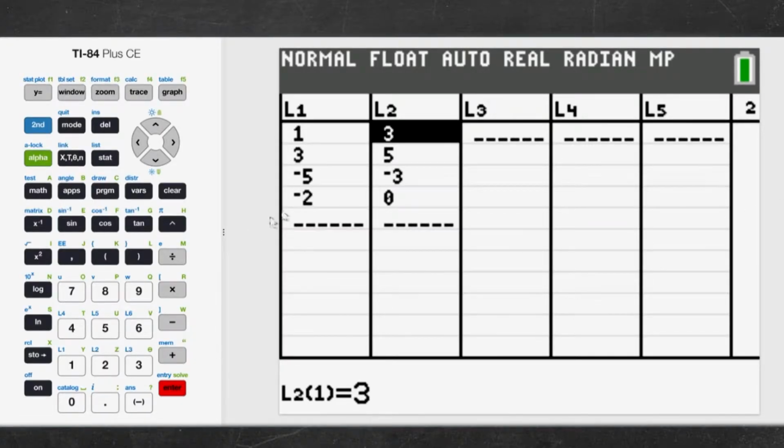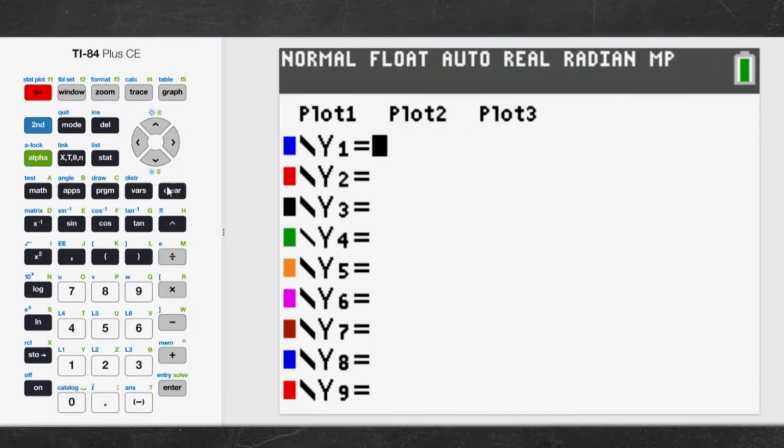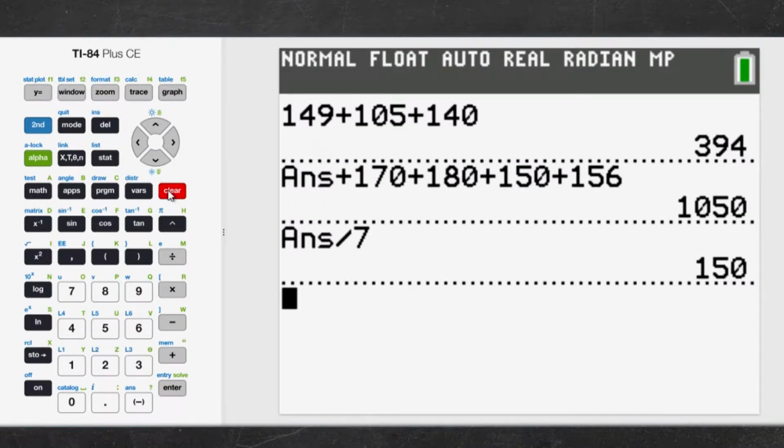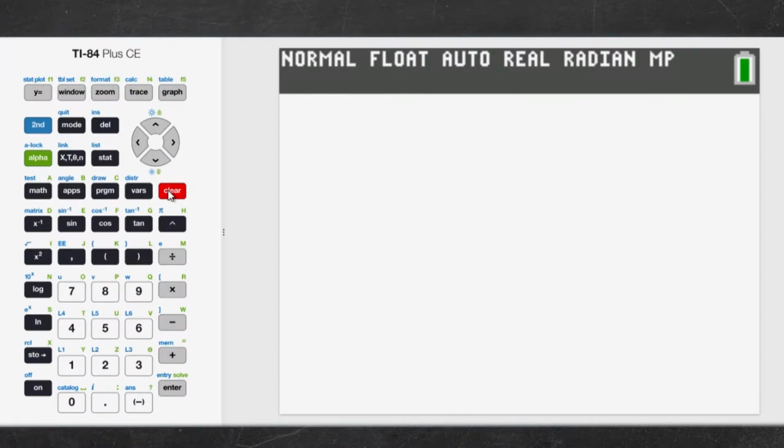Notice I've got this crazy thing called list. You say, Ernie, where did that come from? Well, let me clear out and see if we go away. No, we don't go away, do we? Let's see. Maybe I'll go to something else. How about y equals? Now we'll graph. And nothing's there, we'll clear. And we're going to clear again. Those are all our numbers. We're going like, what are you doing, Ernie? I want to show you how to get to this thing called a list function, all right?